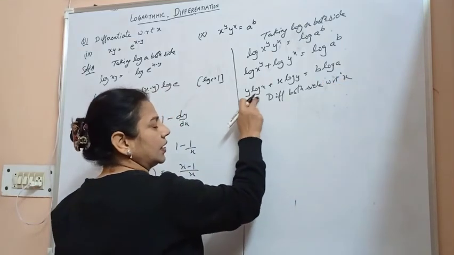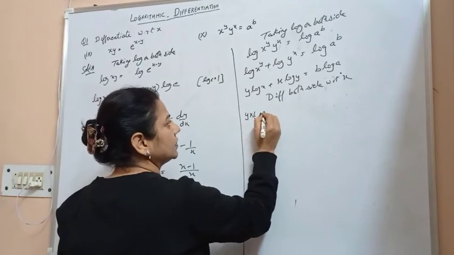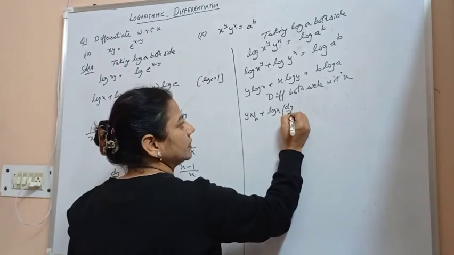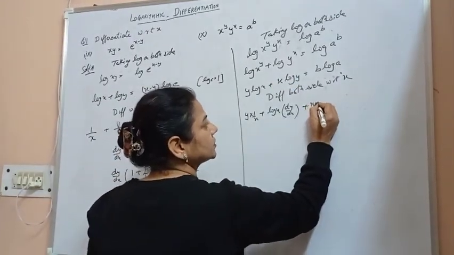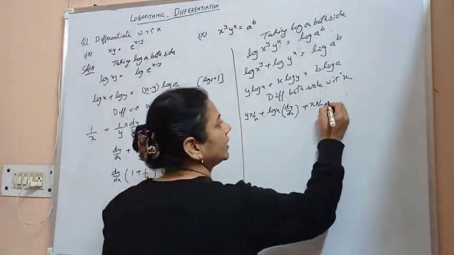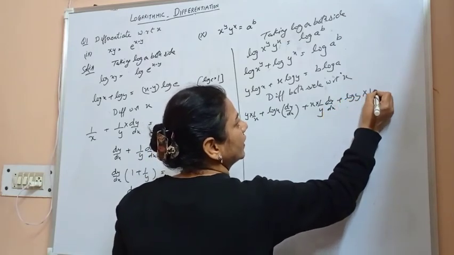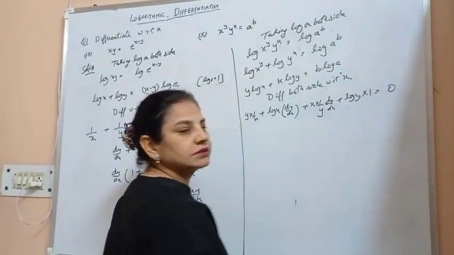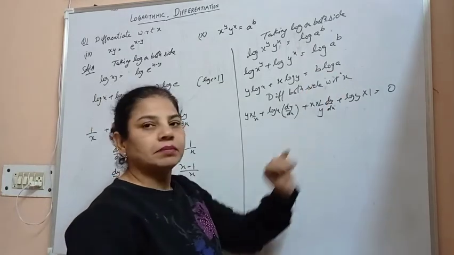So this gives me, here I apply the product rule. First function into derivative of second function plus second function into derivative of first function, dy by dx. Again apply the product rule. First function into derivative of second function, log y, as 1 upon y dy by dx, plus log y into 1, as the derivative of x is 1, and being a constant term it becomes 0. The derivative of this right hand side, being a constant term, becomes 0.